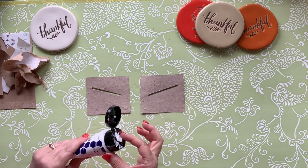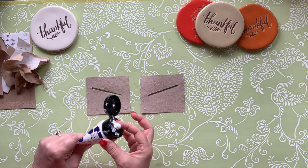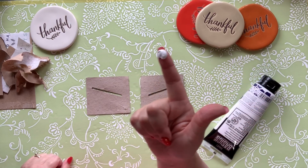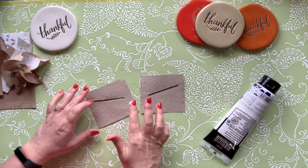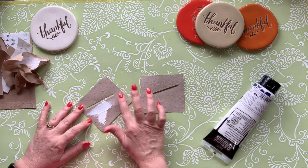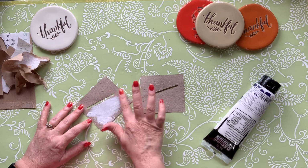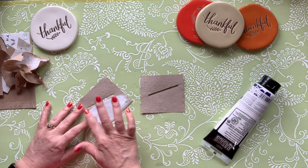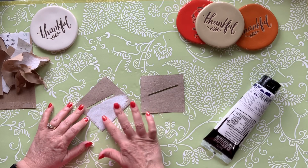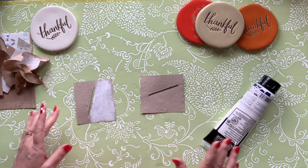Now, gesso goes a long way. You don't need a lot when you're doing this. About a pea-size blob on your finger. And then I put it in the center and work my way out. I put it in the center of where I want my gesso to be. So if I just wanted to gesso a small portion, I would start in the center of that small portion,